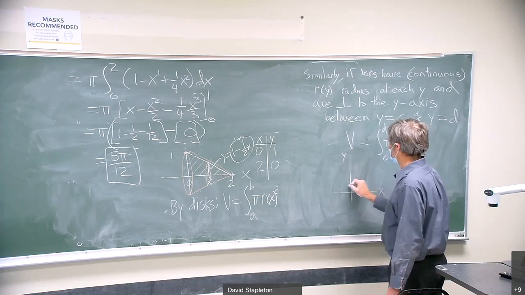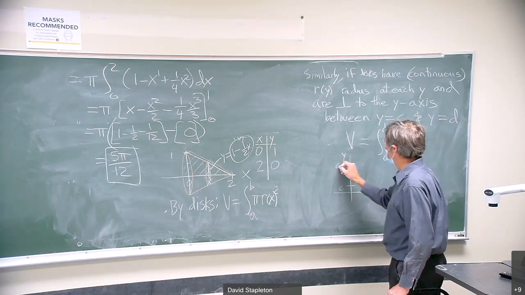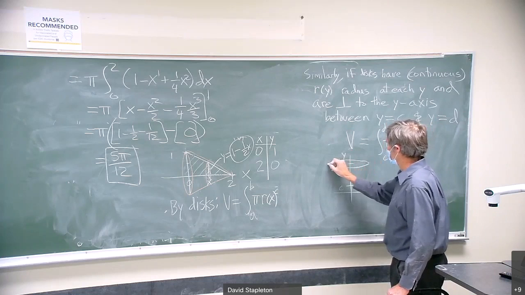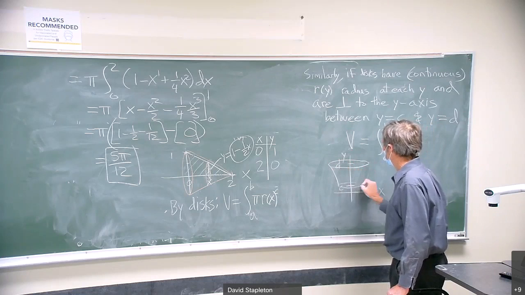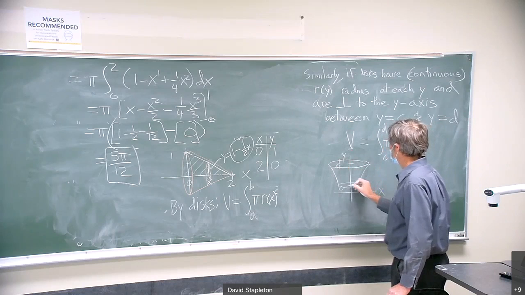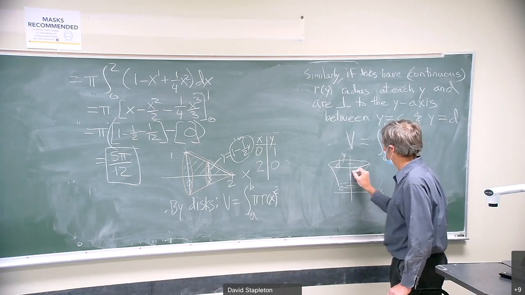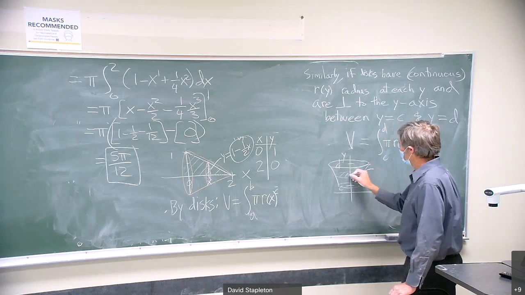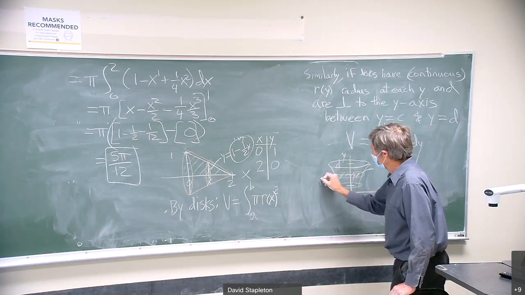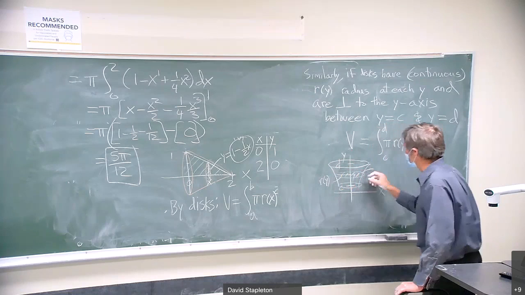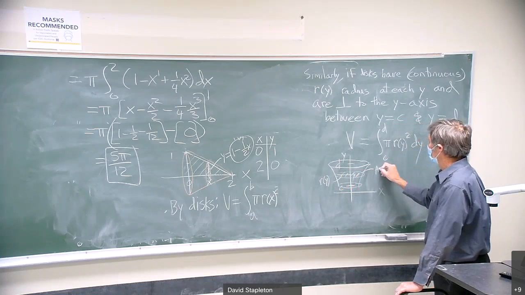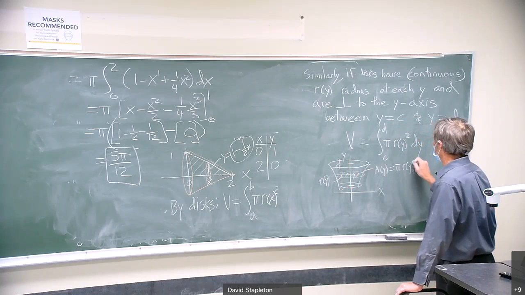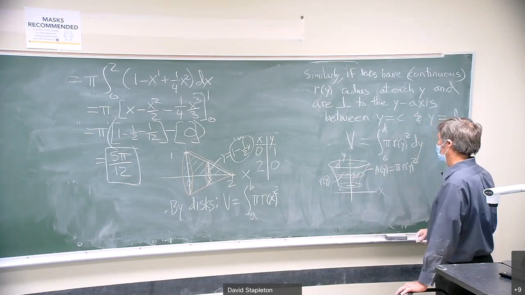So now what you're doing, you're saying let y go between c and d, make cross sections that are disks perpendicular to the y-axis, and at arbitrary point y, you take the disk perpendicular here, and you say that if the radius is r of y, a continuous function, so that the area at y is pi times r of y squared, the area of the disk or circle,